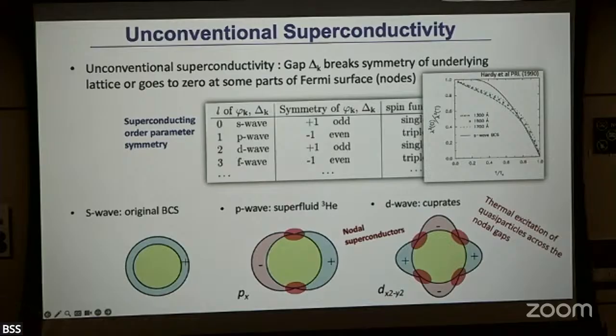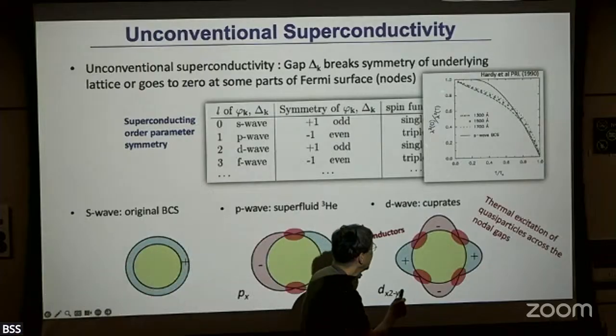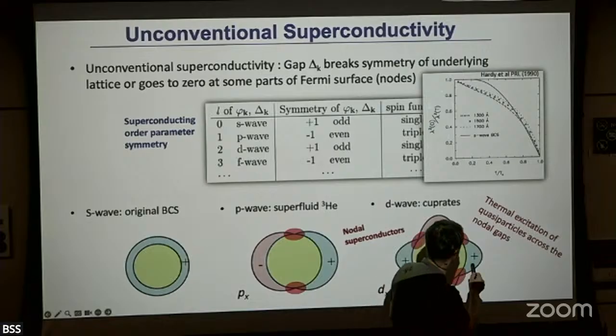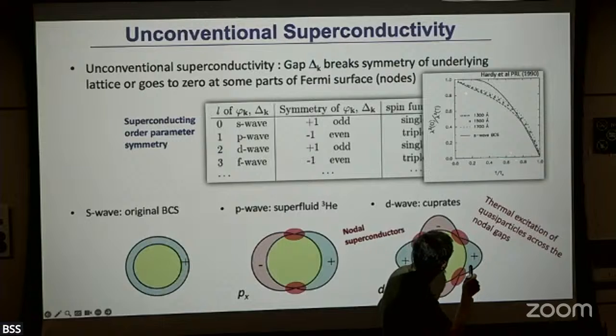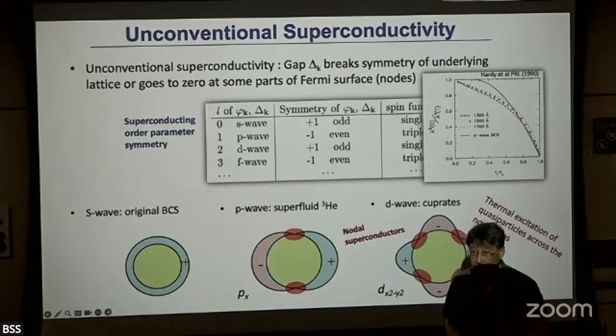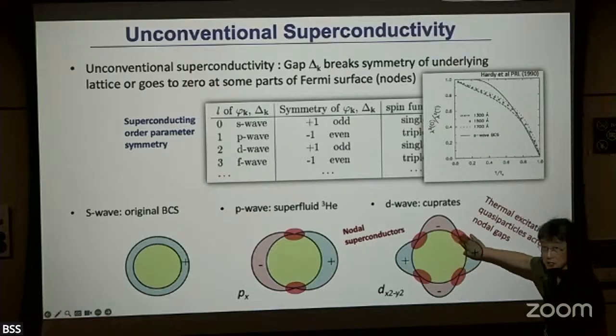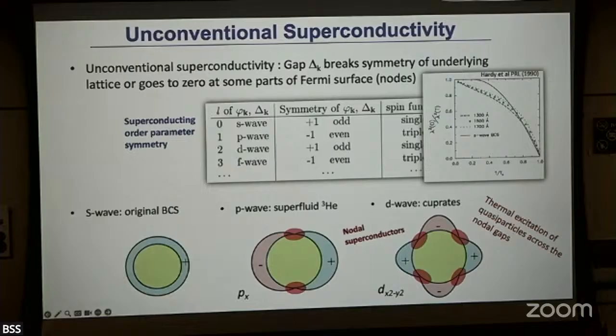I briefly showed you that people put the YBCO crystal into a microwave cavity and measure the penetration length. The inverse of penetration length squared is proportional to the superfluid stiffness, as a function of temperature. What they see is that the penetration length changes linearly, fairly strongly, in the low temperature region, right? And that's basically an indication that indeed there is a nodal point in this superfluid stiffness. So that's one part. Potentially, we can do very similar experiments on twisted bilayer graphene and see whether we can see those kinds of effects there.